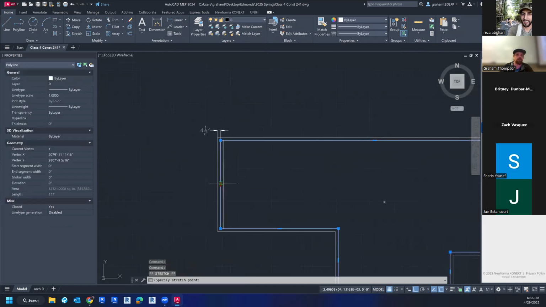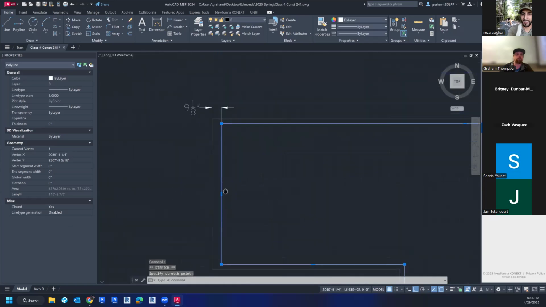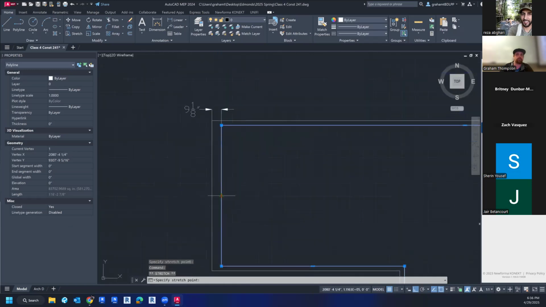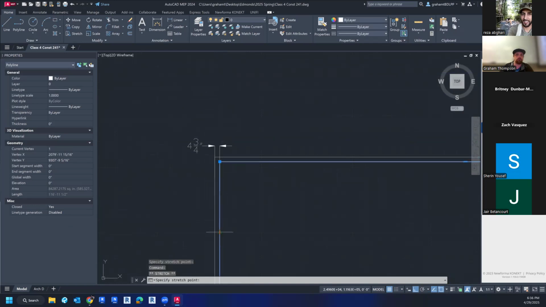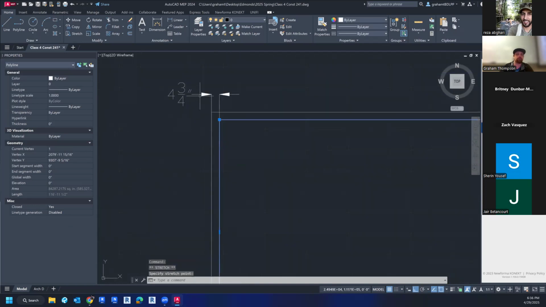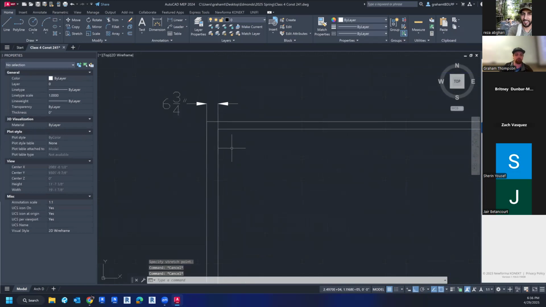I could take this and now that I've got a dimension on there that's hooked to it, I can drag this and it will update with it, right? There's 7. So we could play with this a little bit, right? Drag it in. Now we could also set another line and align it to it, which is what I'm going to do here. So